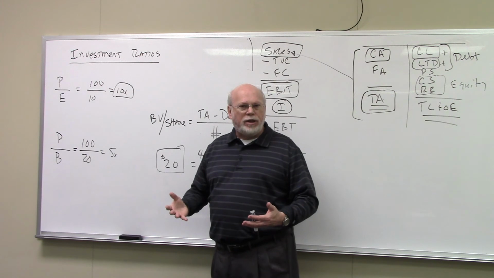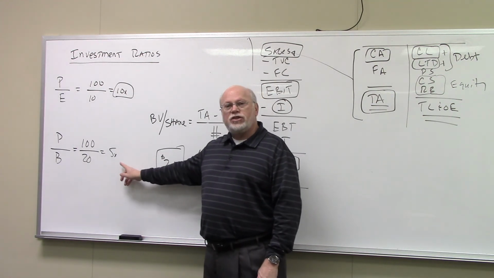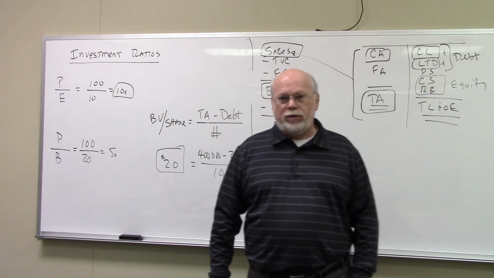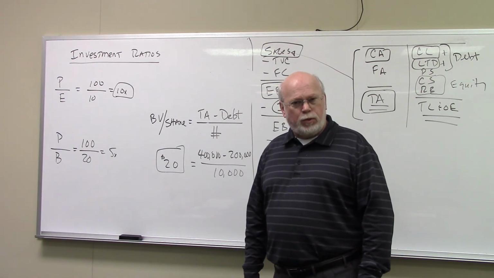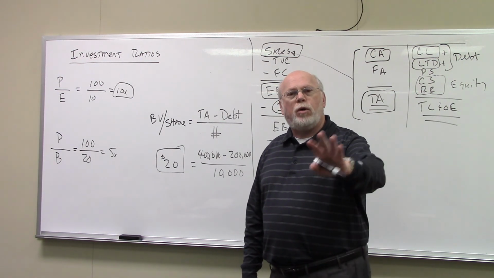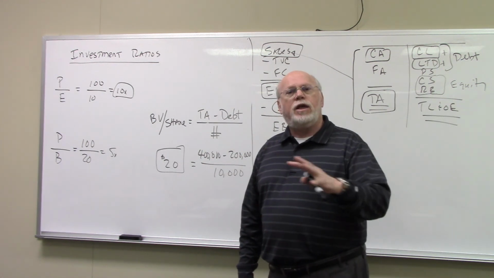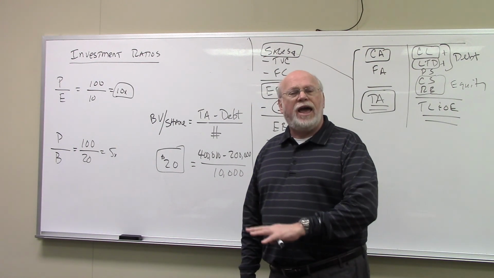That's the same thing, by the way, as buying low and selling high. But nonetheless, this is called the price to book ratio, and it's an indicator of value in the market. The greater the price to book ratio is, the greater the market's opinion as to the value of the company. The lower it is now, the lower the market's opinion, the lesser the market's opinion is as to the value of the